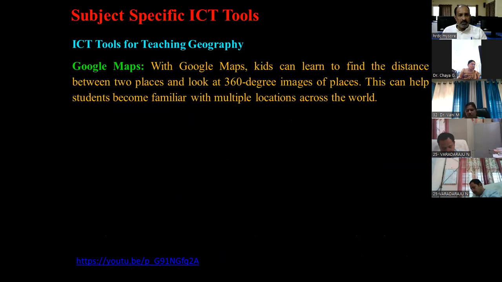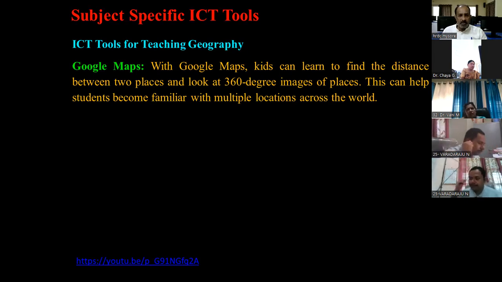So with this, now look at the subject specific tools. I quickly mention some of the subject specific tools. For example, if you are teaching geography, right? What are the ICT tools which support geography teaching, right? Here is the Google Map. All of you are quite familiar. With Google Maps, kids can learn to find the distance between the two places and look at 360-degree images of places.